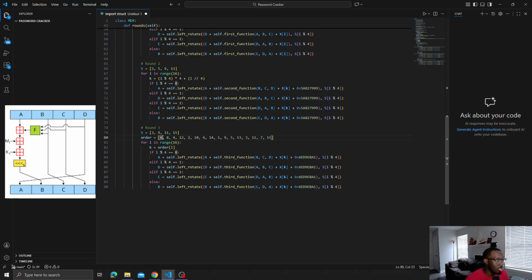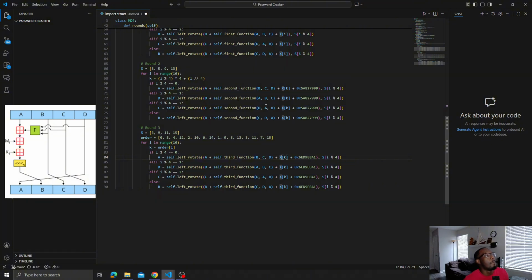So for instance, when you have 0 in the range, so I is equal to 0 in this case, the order is actually going to be equal to 0. However, when I is equal to 1, the order is actually going to be 8. Therefore, the 8th 4-byte word in the 64-byte word would be what is being used here, plus this extra constant